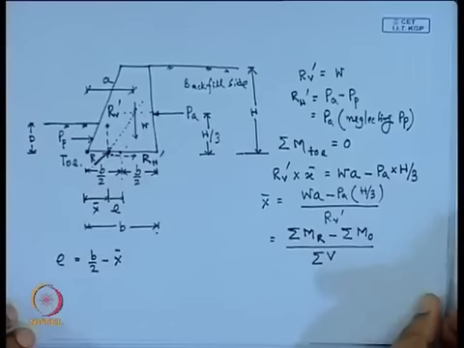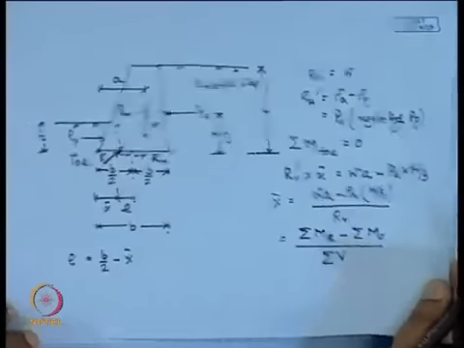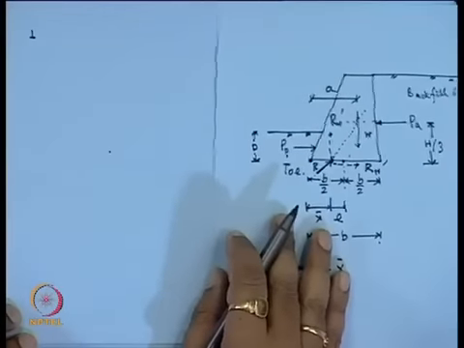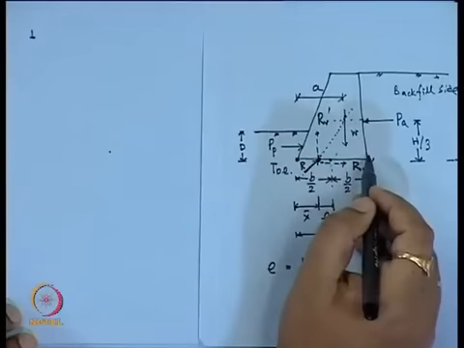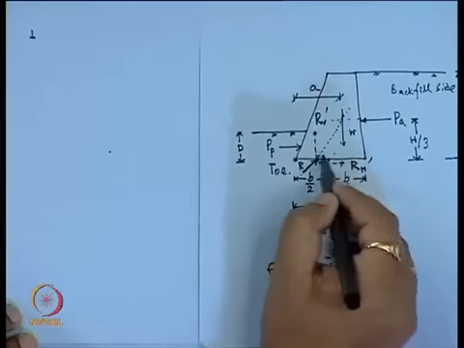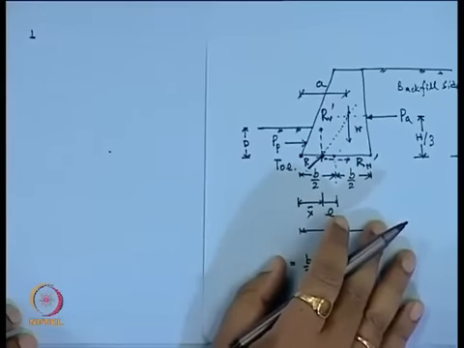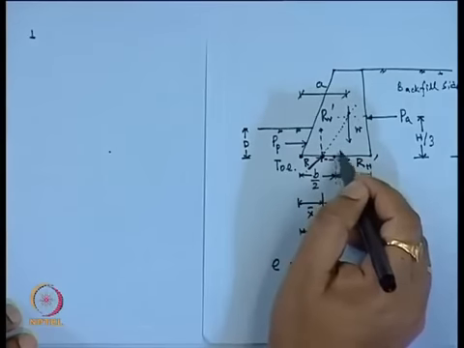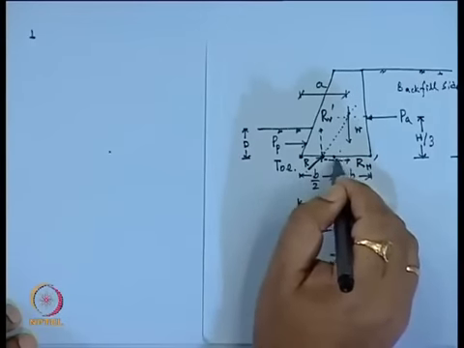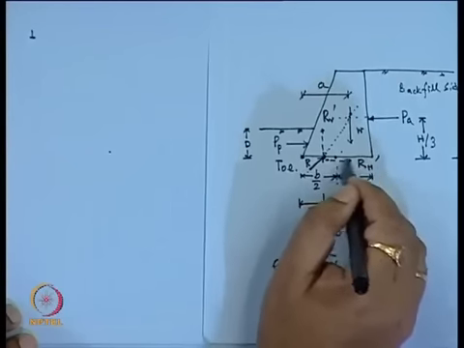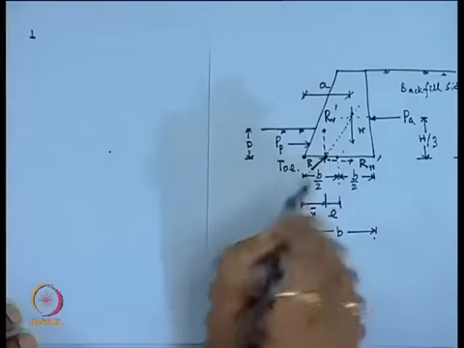Now, based on that, what are the different stability checks that we will consider? The first one is sliding. If I take this figure here, there is a possible sliding between the soil and the retaining wall base. So, it may fail because of sliding, if the friction force between the base of the retaining wall and the soil is not enough. That sliding we have to prevent.